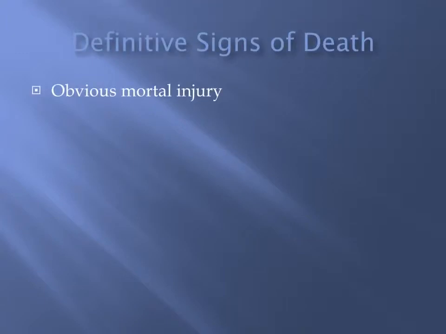In addition to that, we might even have mortal wounds. Mortal wounds would be big abdominal structures that are missing from inside their stomach. So say they had a big gaping wound and you have intestines and stomach all over the place. Maybe you have significant trauma to the head and you have brain matter everywhere.